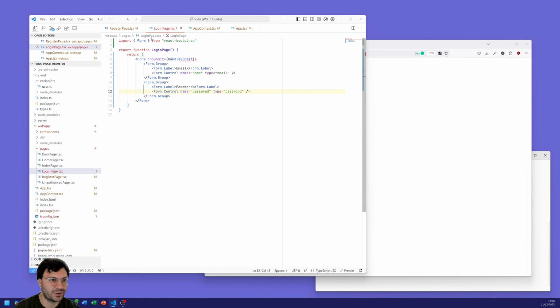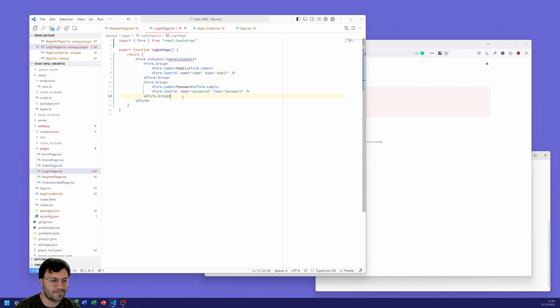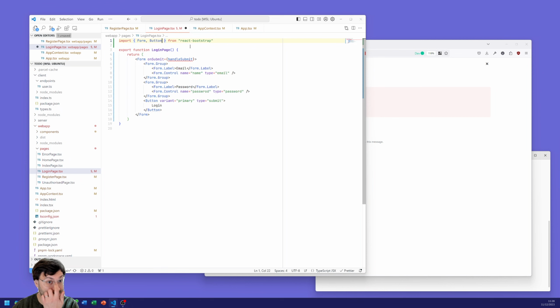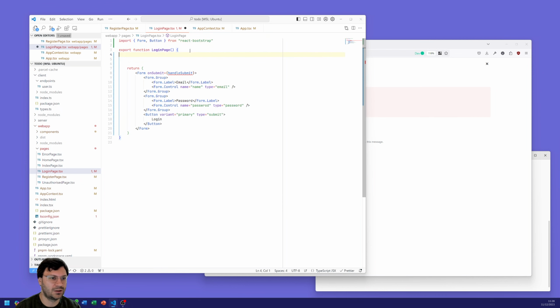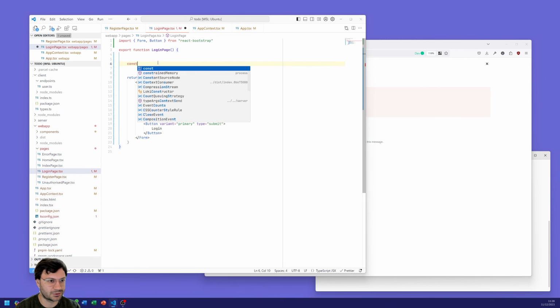Okay. Similar as before, let's copy and paste over that button. I'll call it login, and I need to import that at the top. Import button, and we also need to do that. Why not? Let's change it to login. There we go. So we can then create this function called login,